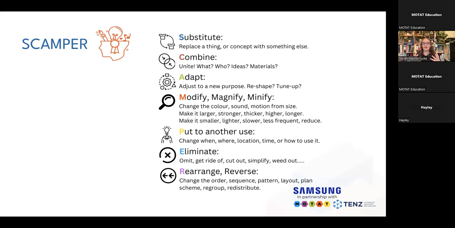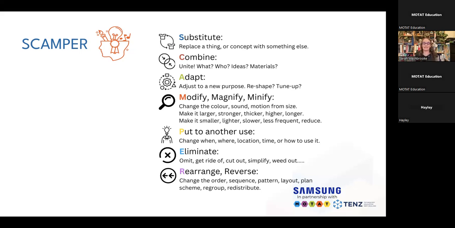Eliminate is where you look at your idea and go, gosh, there's a lot in here. This is really overwhelming. Actually, I've not got this much time to make this. What can I do to simplify this and make it easier to use by the stakeholder, but also reduce the amount of time it's going to take you to create the actual product as well? So are there any things in there that aren't important? Can you remove it? And if you remove it, it won't affect the function of it,